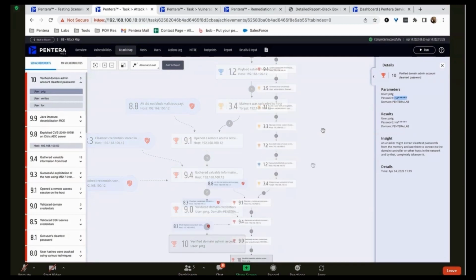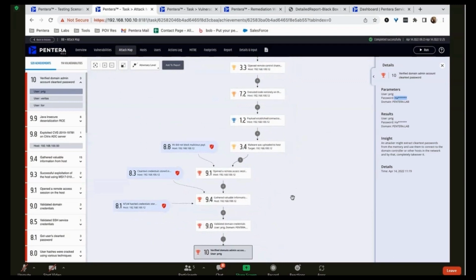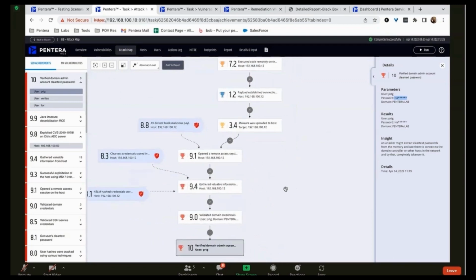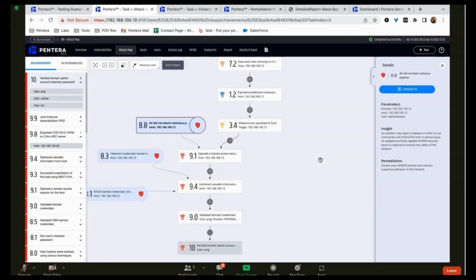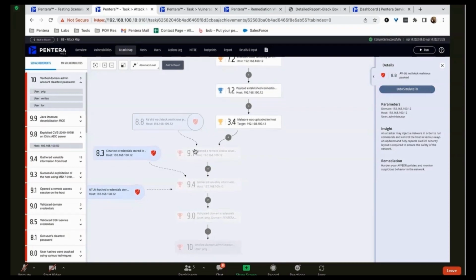Now, when we talk about remediation, right? Vulnerability management states to go after the highest vulnerability because those are the highest risk within the organization. So if you did that here, let's say this 8.8, let's say you uploaded the signature packet for this malware, we allow you to do a simulation with a fixer. And this is the only time we simulate anything. So if you hit simulate fix, it'll show you the impact to the attack kill chain. You can see what changed because you remediated this part.